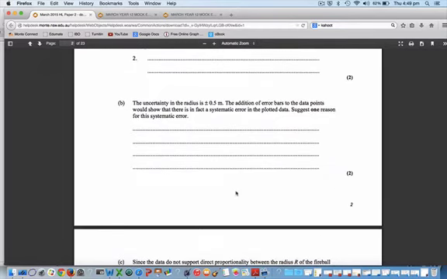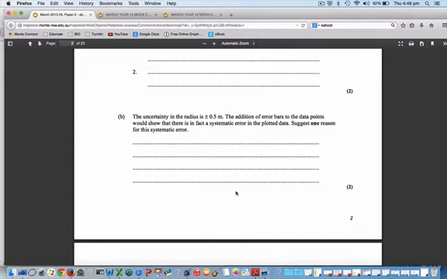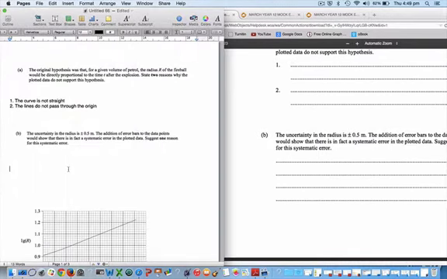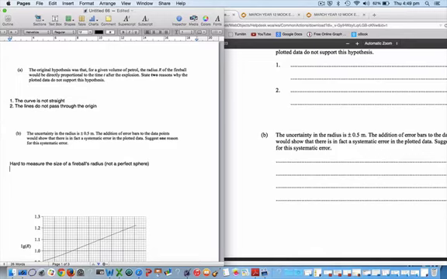You might not think of that during the exam, so it would be reasonable to say words to the effect that it's hard to measure the size of a fireball. So we might want to just write that down: hard to measure the size of a fireball's radius. Perhaps it's not a perfect sphere. It could be close to, but